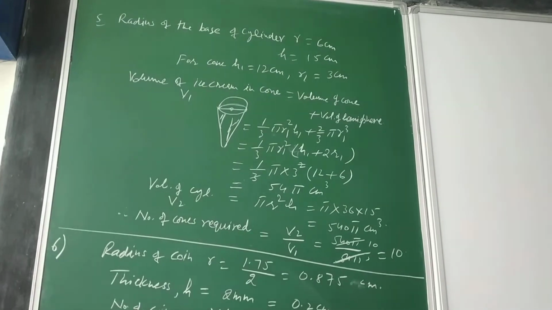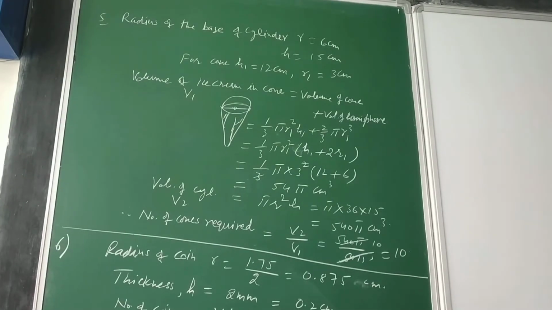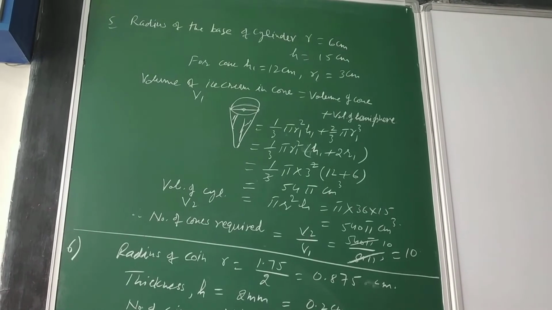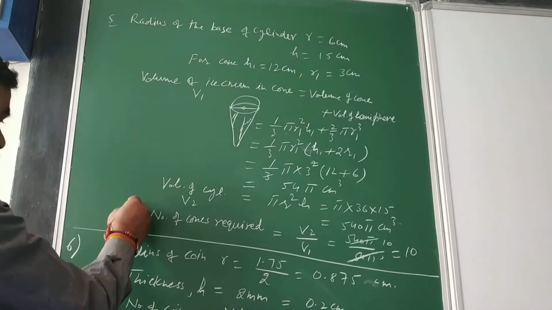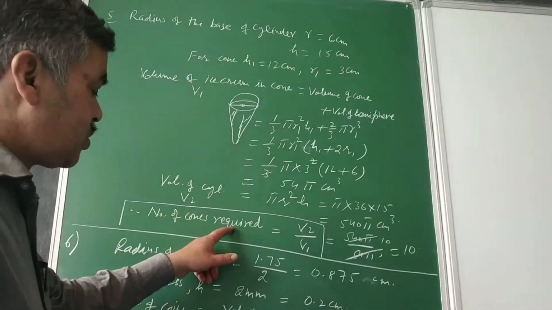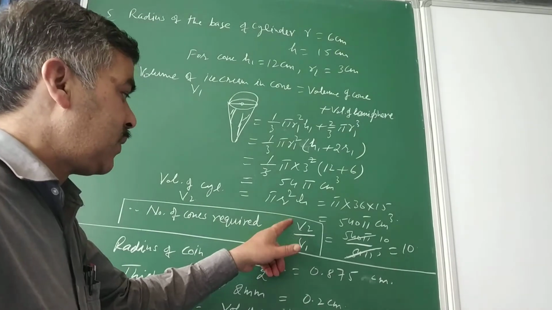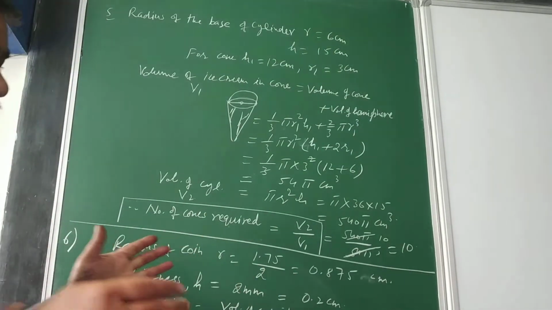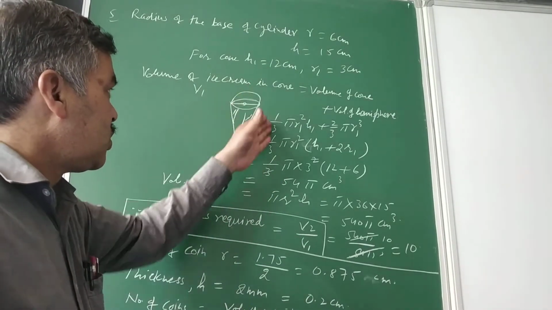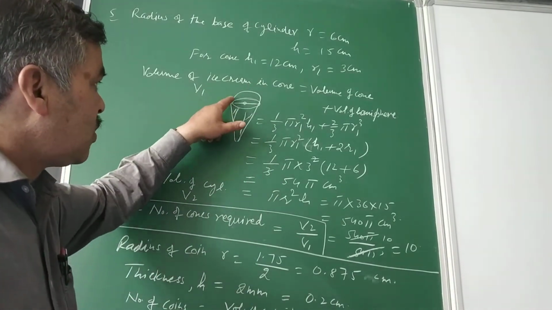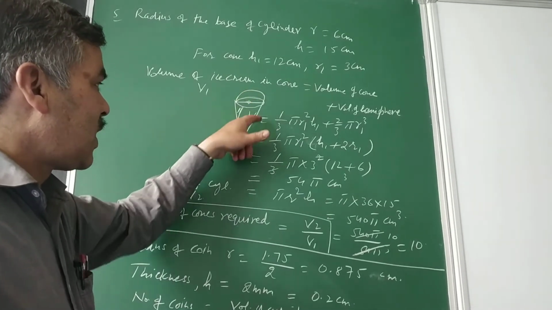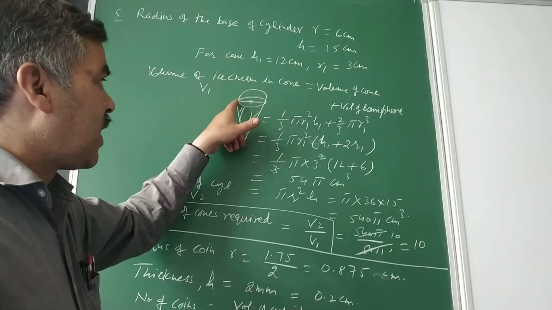So you know that whenever we are talking about the number of things, already I have shared with you in the previous exercises as well as in the previous class also. So when you are talking about the number of things, please focus upon this. Number of cones here required is bigger volume divided by the smaller. Now container is cylindrical, from where you are shifting the ice cream to the cone. These are ice cream cones, you can see, totally filled up, and on top, you remember when you are having those ice cream cones, that is somewhere hemispherical.